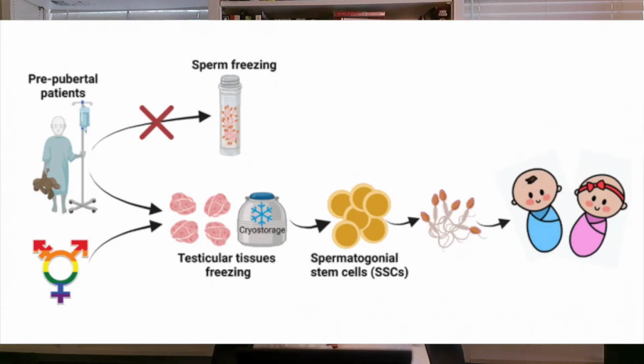Testicular preservation is when a small piece of testicular tissue is removed prior to chemotherapy, and that tissue is frozen and can be stored for many years until it is needed. The point of doing this is obviously to have testicular tissue that has not been exposed to chemotherapy. This tissue can then be used later in life to make sperm. This of course would involve reimplantation